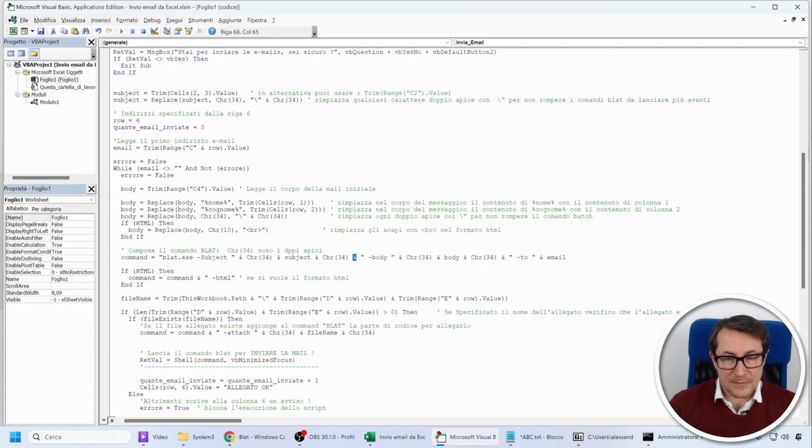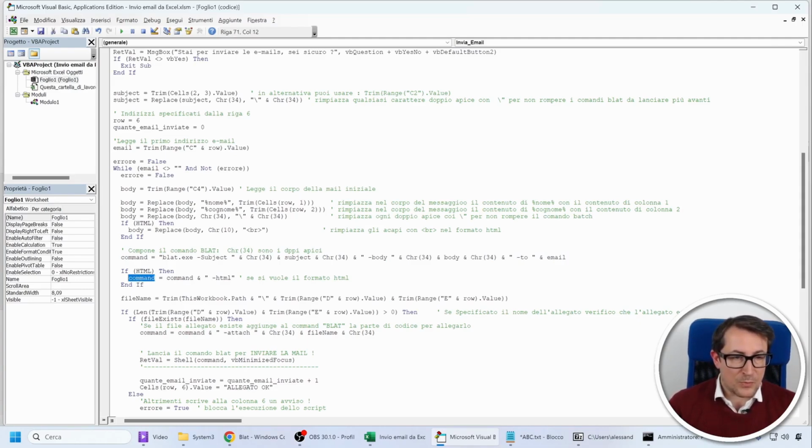Then it adds the parameter body, which is what you calculated earlier, also enclosed in double quotes. Finally, it specifies the parameter for the recipient's email.